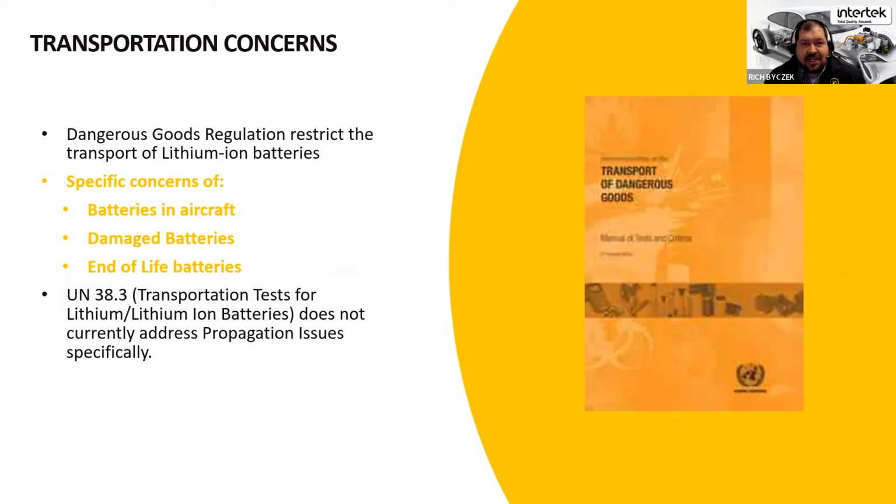So the battery was actually in transport already before the propagation exceeded the enclosure of the battery and caused an external fire. End-of-life batteries, again, are less of a concern because generally speaking, you've reduced the overall capacity and the available energy in that battery. But again, you have the potential for those side reactions because you're driving the battery below its 0% state of charge. You have some of the other aging effects or manufacturing defects coming to the surface over time, so that you could still trigger a thermal runaway.